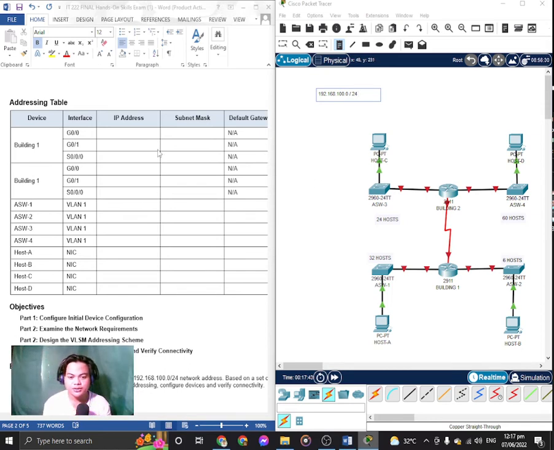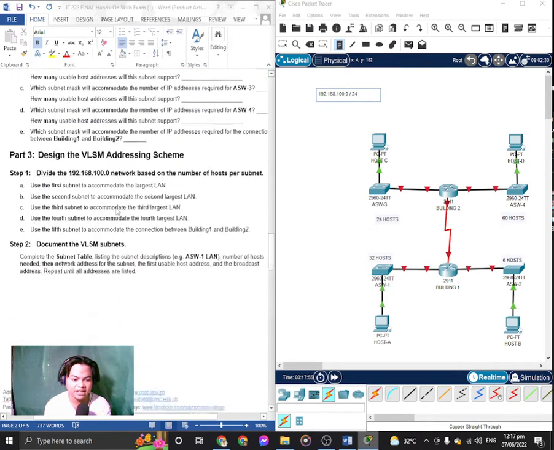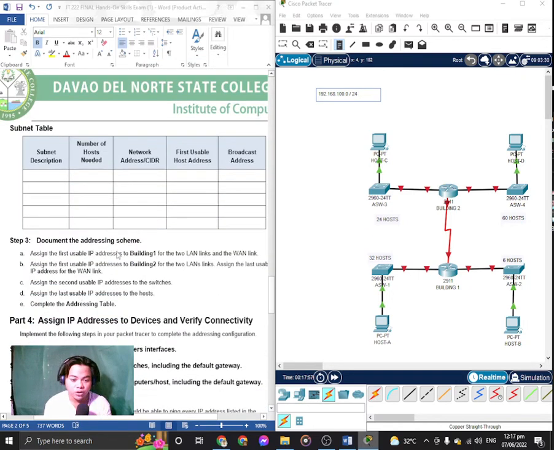Okay, so we need IP addresses, and subnet mask, and also the default gateway. But before that, we're going to scroll down and then hanapin naman natin ito. Kailangan muna natin ito. Okay, for subnet table,